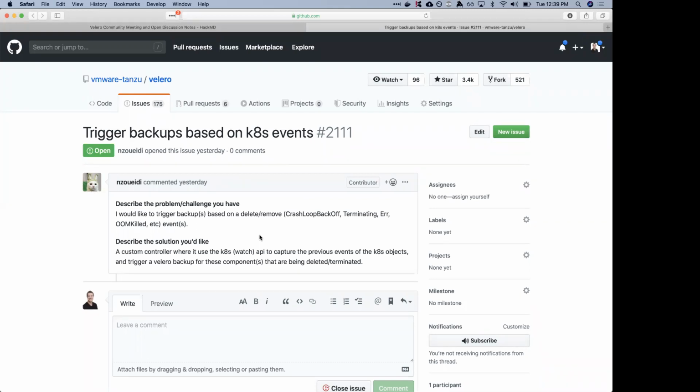Whenever I have an object in my Kubernetes cluster that is being deleted or terminated, I would like Velero to trigger backups rather than doing it manually or scheduling these backups. Also, I'm wondering if this would be a good addition for Velero, or if it should be implemented separately in a plugin, or I don't know.